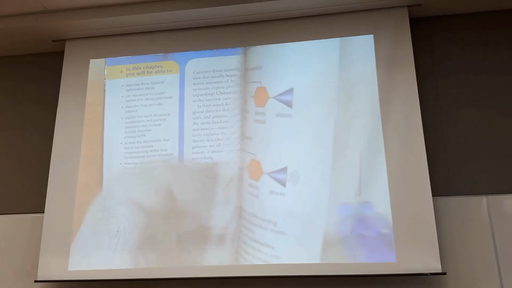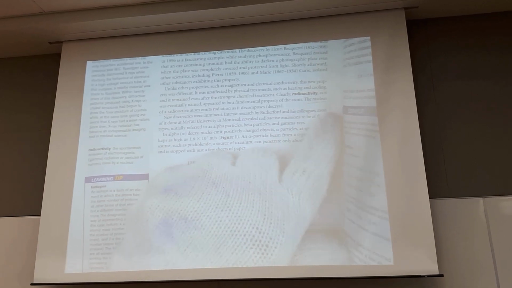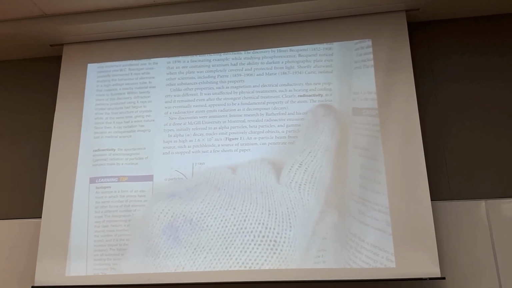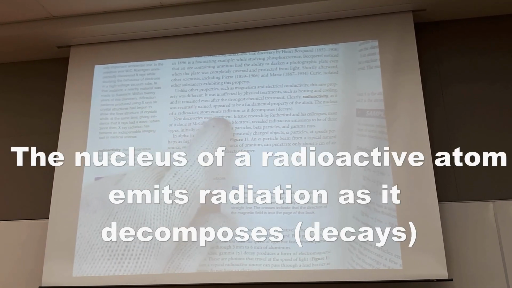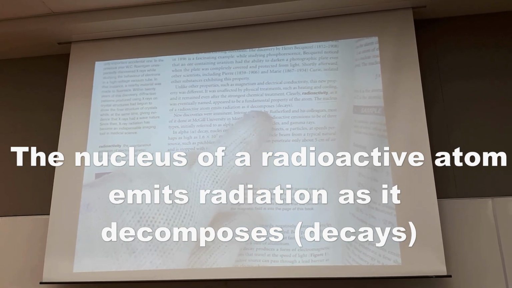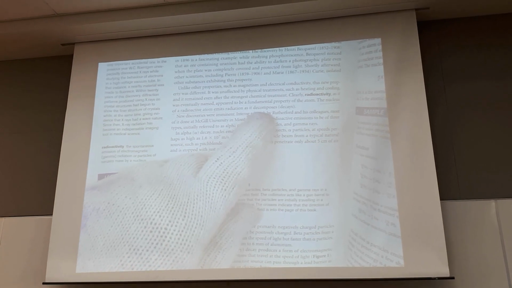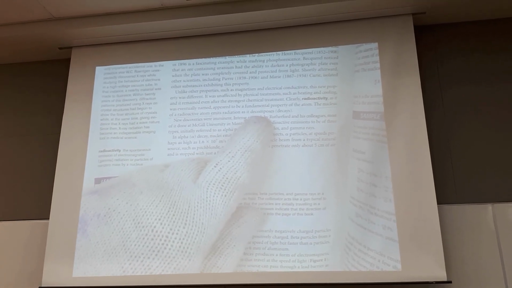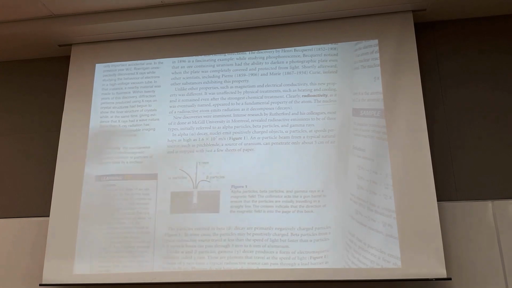And there's another comment here that I really wanted to show you. Here it is. It says here, the nucleus of a radioactive atom emits radiation as it decomposes. So it all comes from the nucleus. So radioactivity is the decomposition of the nucleus, protons and neutrons. To put it simply,